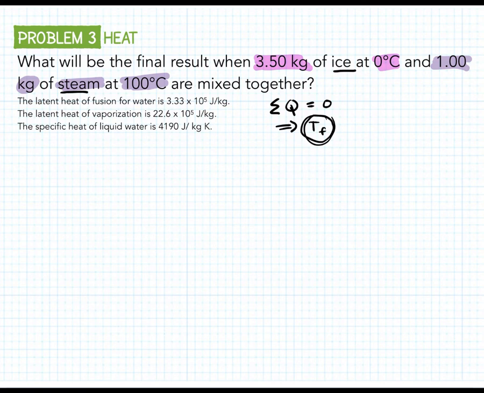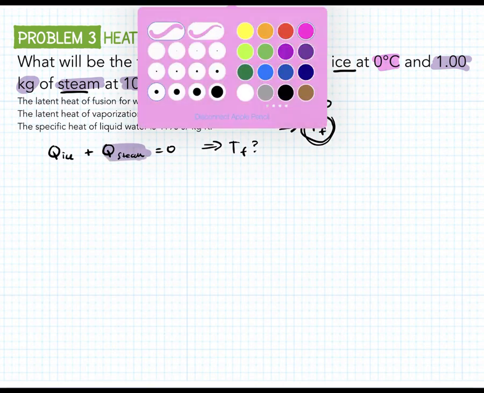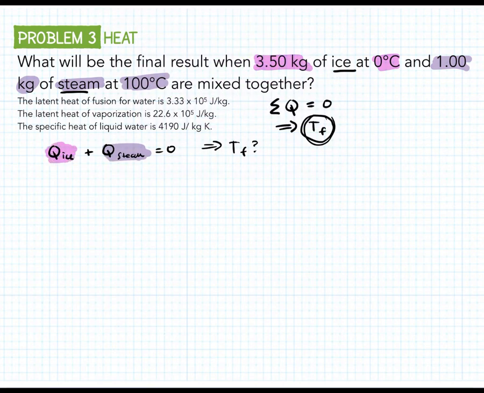So first, we're going to figure out all the heat from the ice plus all the heat from the steam. And we know this has to equal 0, and we're going to solve for T final. All right, so here's this. This is all the stuff for Q for the steam, and this is all the stuff for Q for the ice. So for Q ice, we want heat transferred